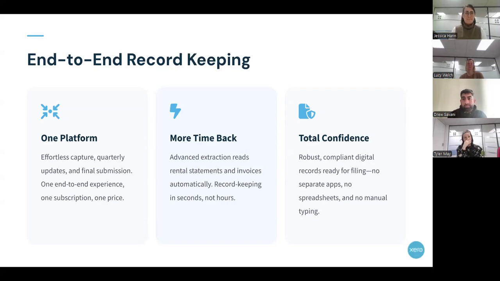It is fully compliant with digital record keeping, which is one of the core principles of Making Tax Digital. It means there's very little to no manual data entry, no more spreadsheets, which can be time consuming but also prone to errors.